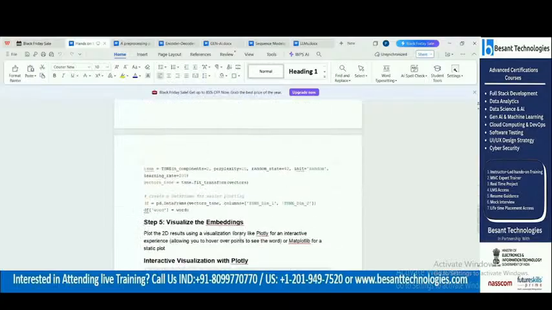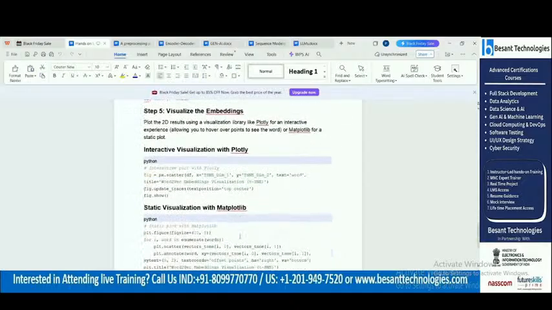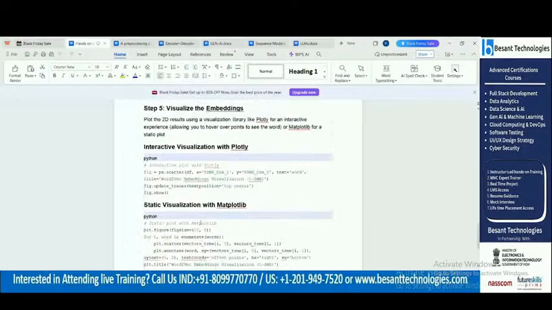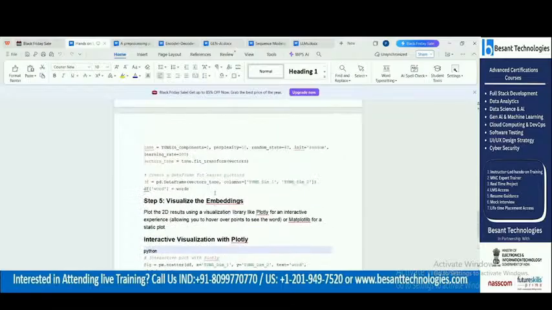A scatter plot, yes. We are using a scatter chart by using Matplotlib. So this is what you are supposed to be doing.